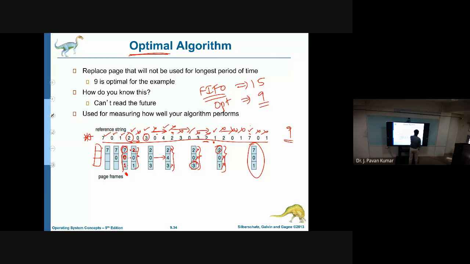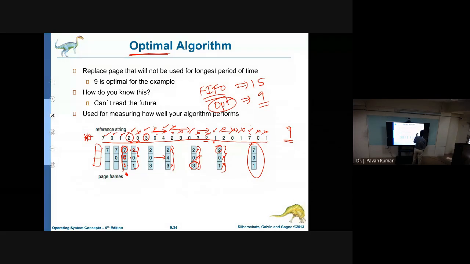But what is the disadvantage or the limitation here is, we need to know beforehand what pages we want, then only could we process it. Like if page requests come dynamically, we cannot use this optimal. Why? Because we are referring to the future, right? We don't know which page we may require in the future, so we cannot use this optimal page replacement algorithm practically.